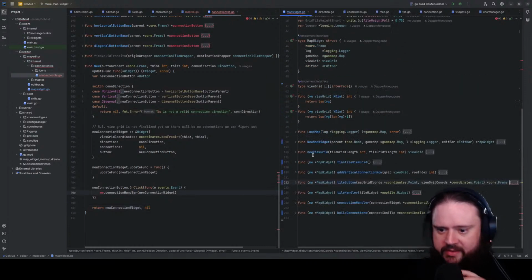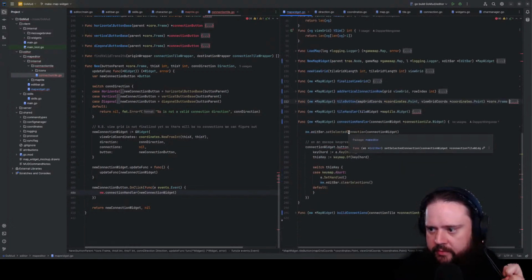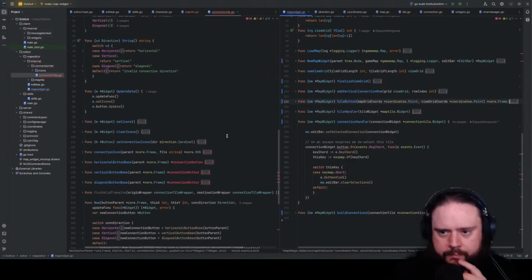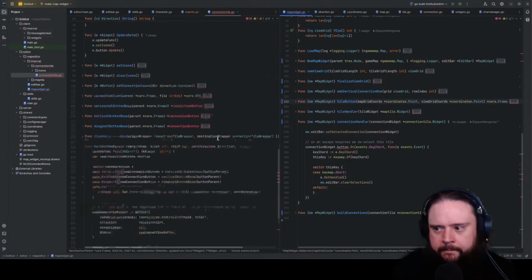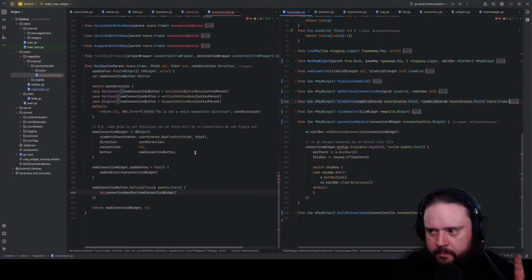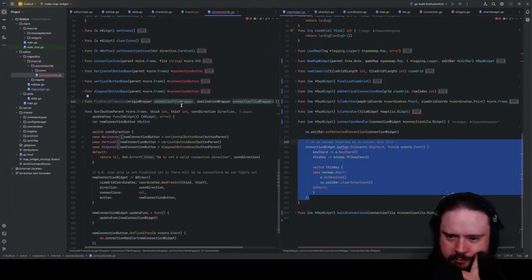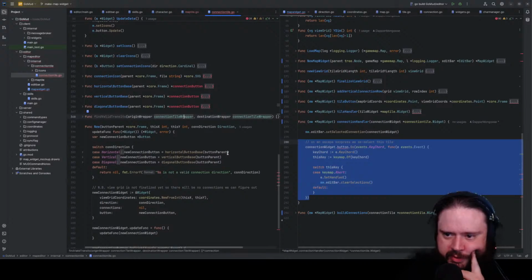We need to take a look at the connection handler stuff. If I was to give you an edit bar,